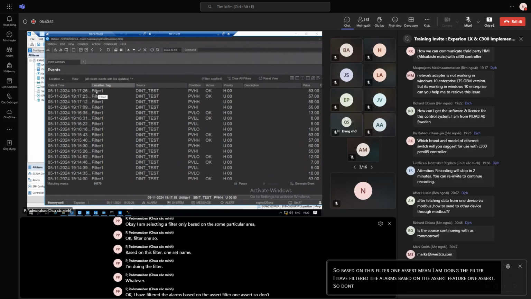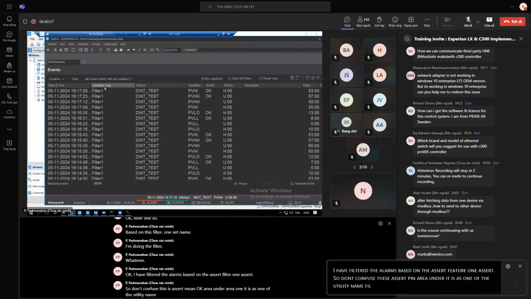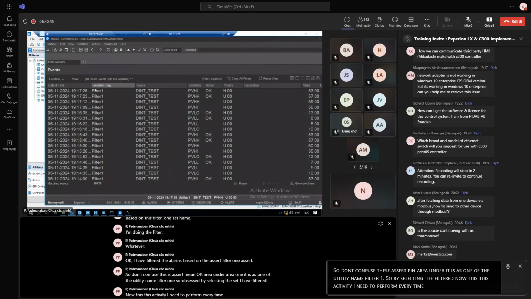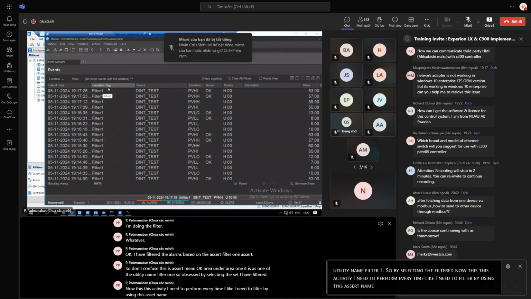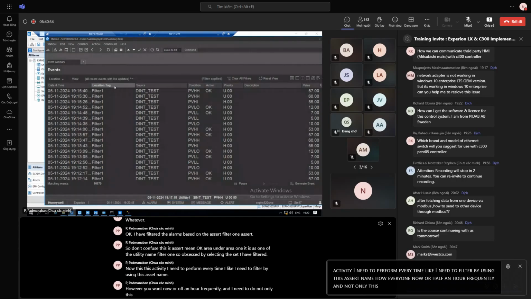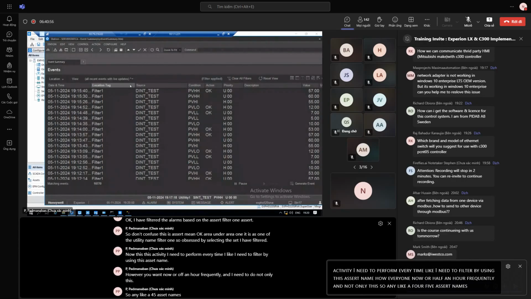So don't confuse, this is the asset name. Area under area one, it is one of the utility names, filter one. So by selecting the asset, I have filtered. Now, this activity I need to perform every time. I need to filter using this asset name every hour or half an hour, frequently, and not only this one. If I want to do it for four or five asset names,